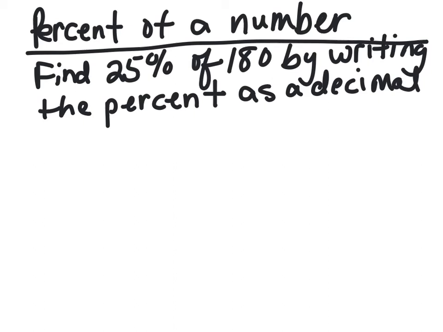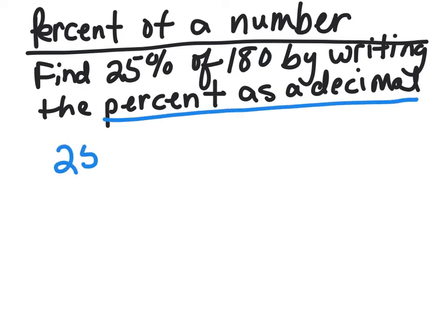Example 2 is finding a percent of 180, but this time, instead of writing the percent as a fraction, they want you to write the percent as a decimal. So we're going to look at this 25% as a decimal. That means to divide by 100 because this is percent. So I'm going to move the imaginary decimal point over here, and 25% is the same thing as 0.25 or